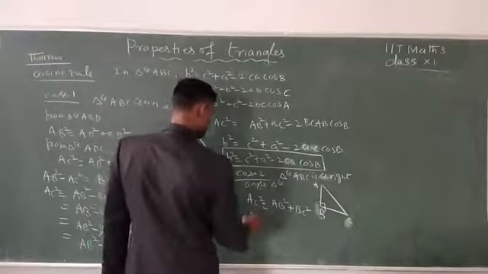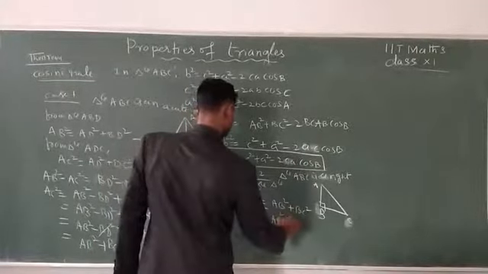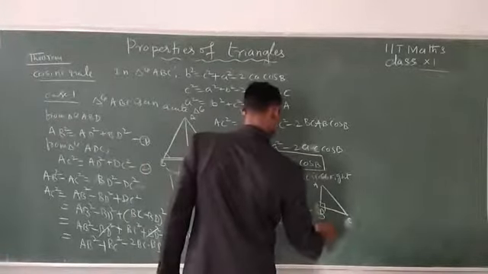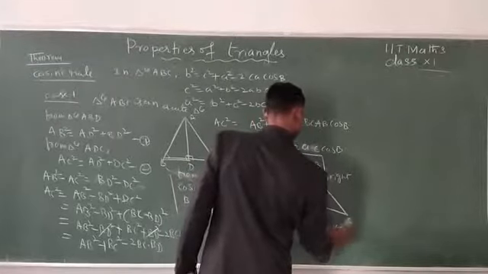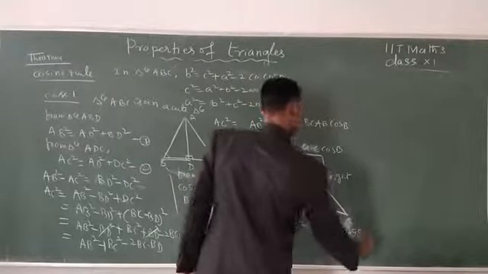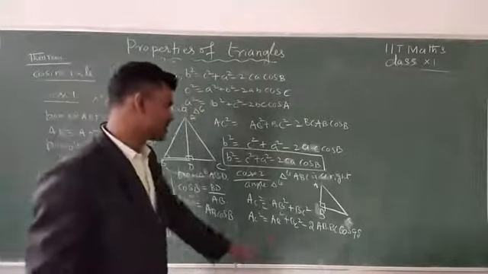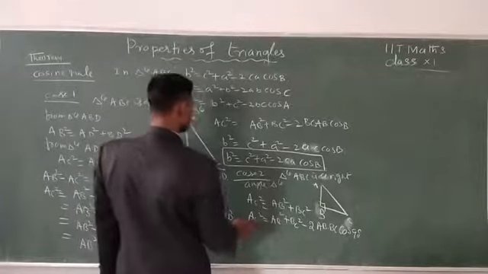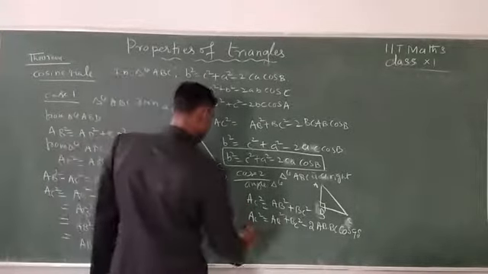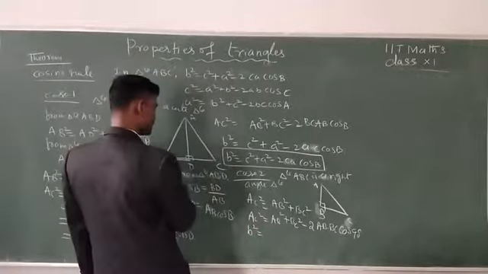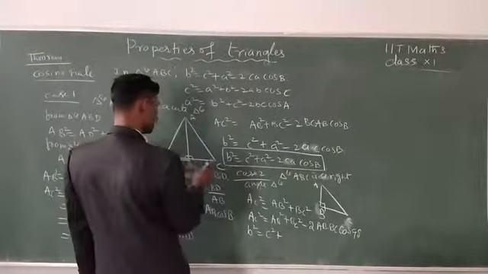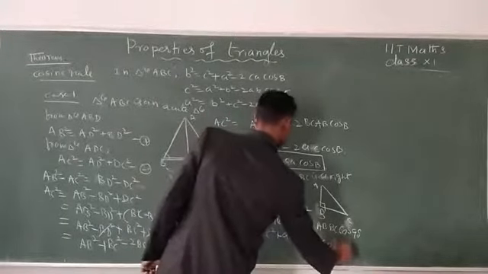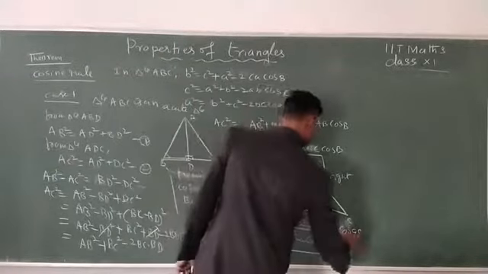Now this is written as AC square is equal to AB square plus BC square. Then I will write here 2 times AB into BC, at the same time multiplied by cos 90. Cos 90 is equal to 0. That's why 0 into this whole term is equal to 0, so no changes. Then AC means B, so B square is equal to AB square, which is C square, plus BC, which is A square, minus 2 times C into A cos B.